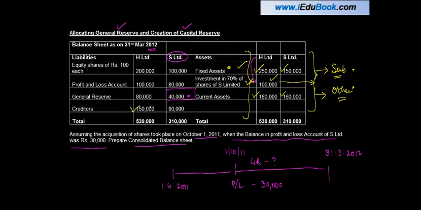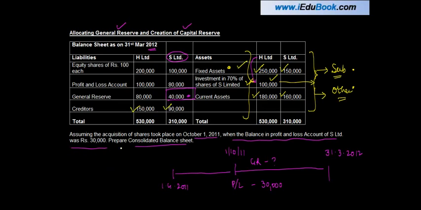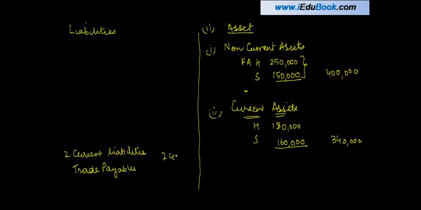Let's move on to the liability side. Creditors 150 and 90. So where will the creditors go and sit as per the revised schedule? There's a schedule which says that it has to disclose the current liabilities. In current liabilities, you have to show trade payables. Okay, trade payables basically will include your creditors. 150 plus 90 will give you 2,40,000. Let me draw a line out here also. Right?